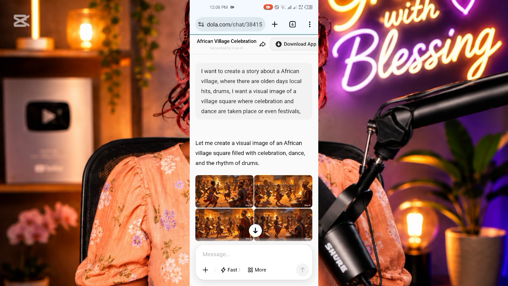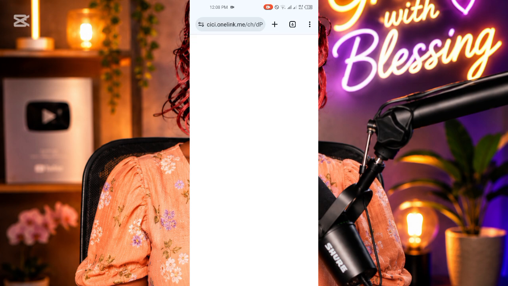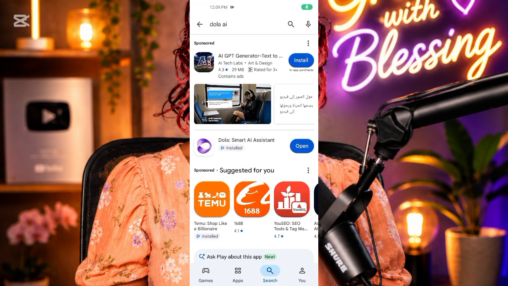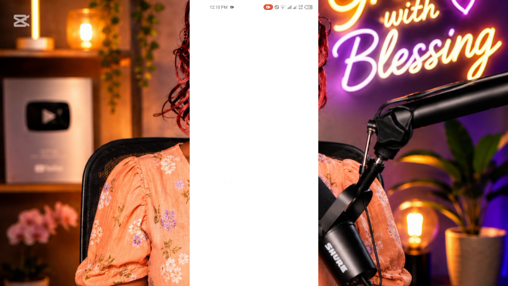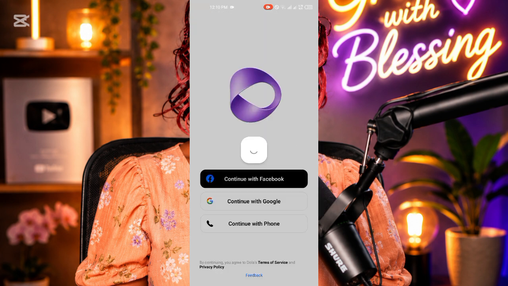I'm sure that the app should have so many other things that you can explore with the app. So the app has been downloaded, and now let's open it. Now we're going to just go ahead and open this. You can either sign in through Facebook, through Google, or through your phone number or email, and then